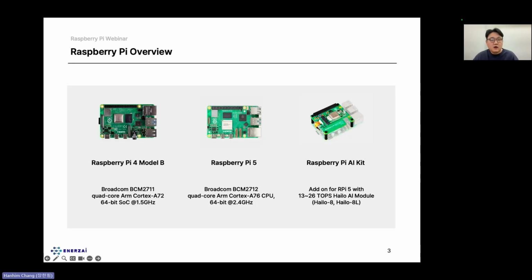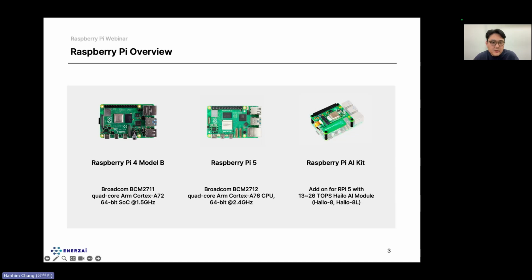Today's agenda is optimizing AI models on Raspberry Pi hardware. I've highlighted here a couple of Raspberry Pi lineups that we mainly deal with, which I believe will be the same for most of the AI developers who are building on top of Raspberry Pi today. To start with, Raspberry Pi 4 was the single board computer that we mainly focused on when we first started optimizing AI inference on CPU. Processor-wise, it has a quad-core Broadcom CPU, which is based on Cortex A72 architecture, operating at 1.5 gigahertz.